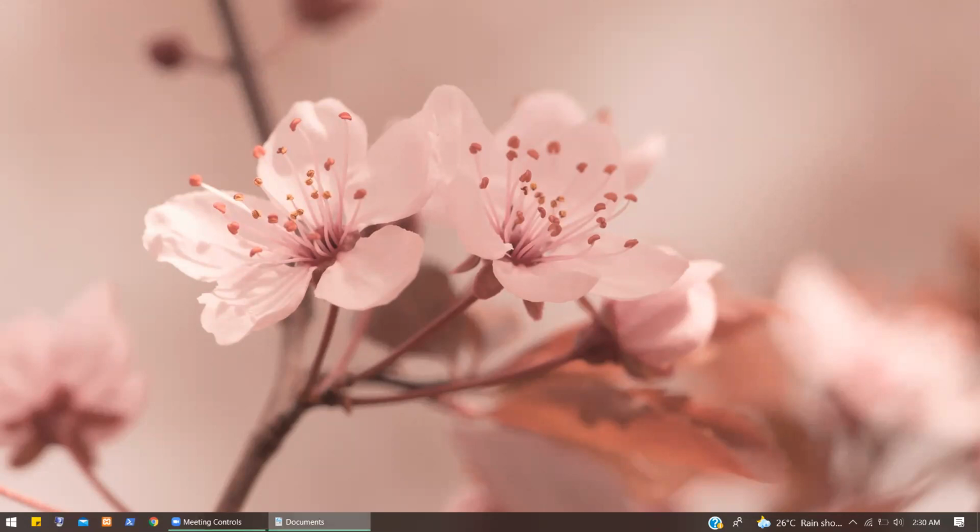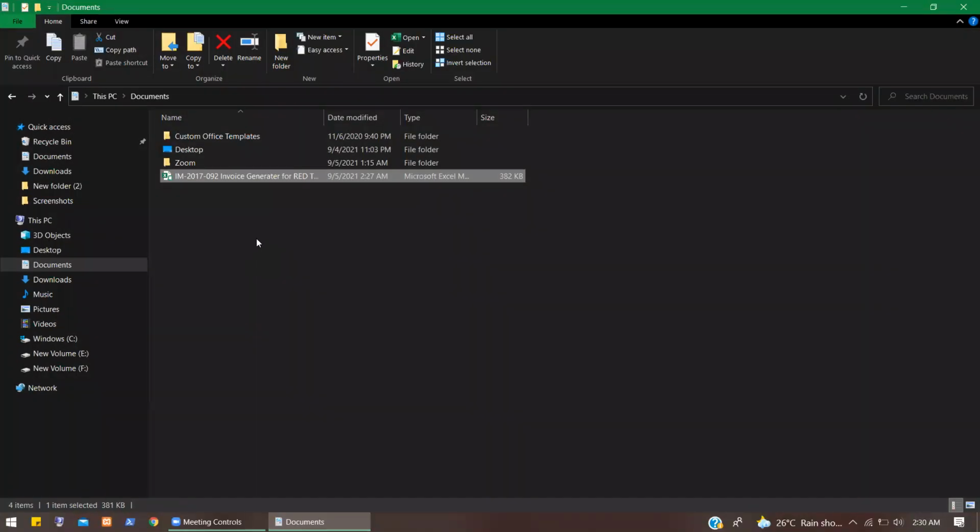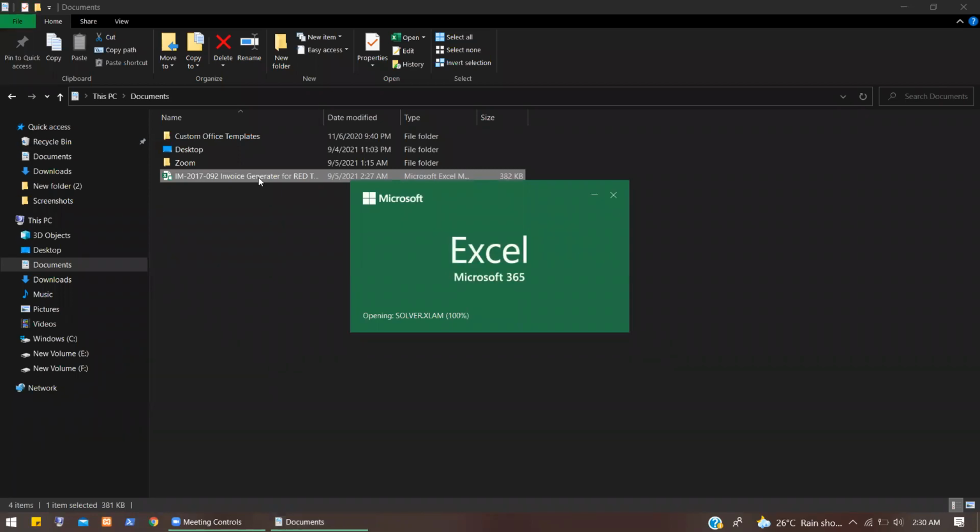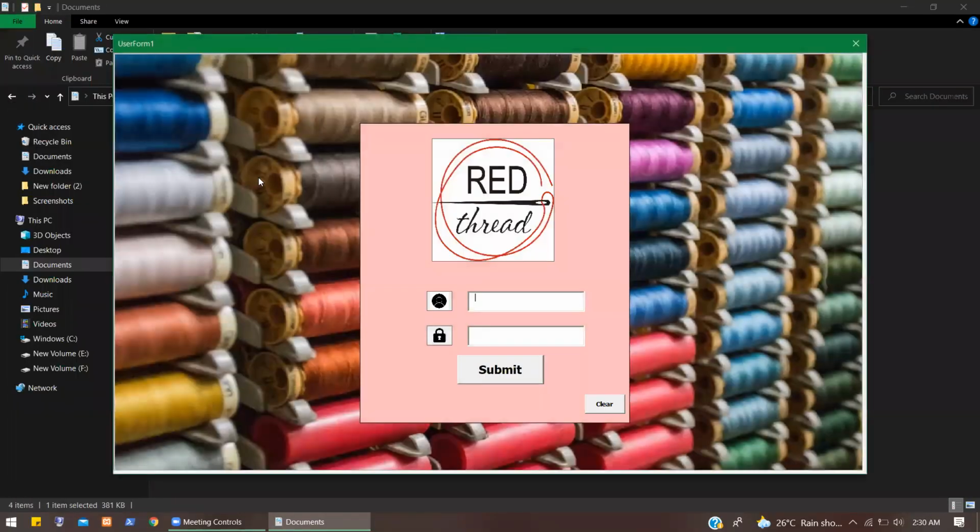In this video, I have created an invoice generator for a thread manufacturing company, and let's see how it looks. Once you double-click this Excel file, you will be directed to the login form. Here you have text boxes to enter your username and password, as well as two buttons to submit and to clear. Let's enter wrong credentials